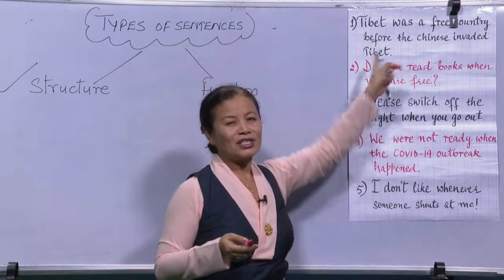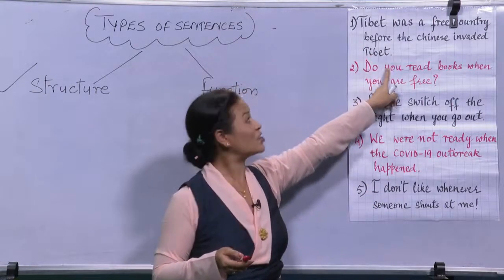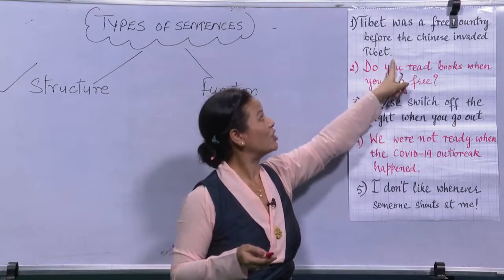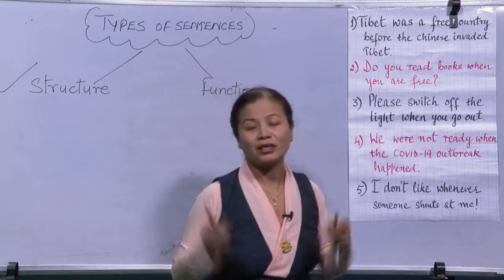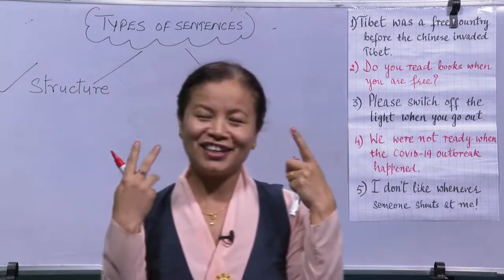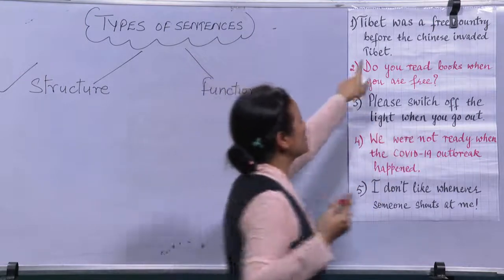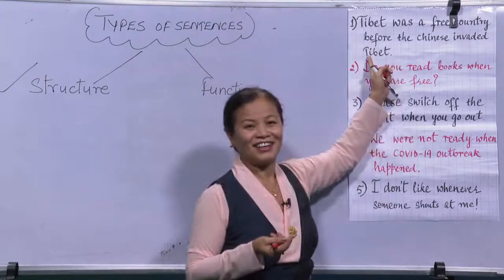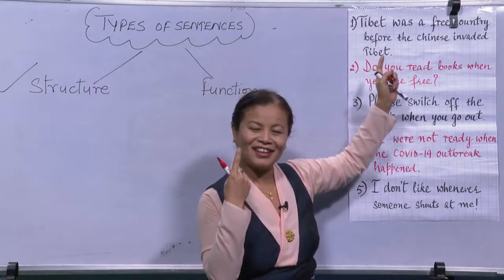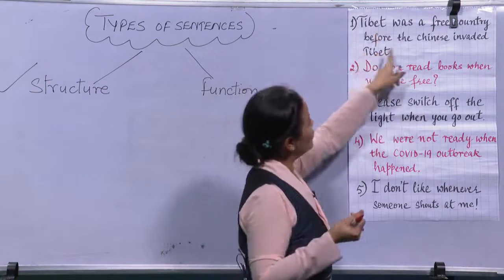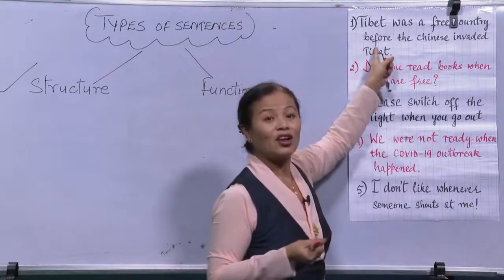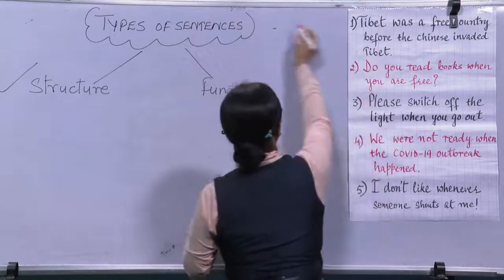If you just look at the structure of this sentence: Tibet was a free country before the Chinese invaded Tibet. So, put on your thinking hats. Start thinking. What type of sentence is this? Am I hearing someone say complex sentence? Very good. This is a complex sentence. So, if you look at the structure,